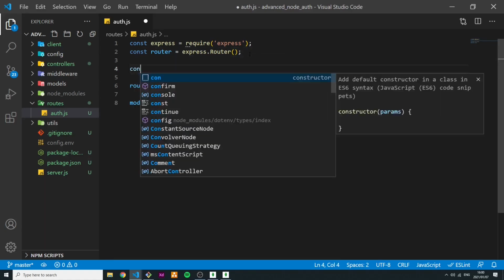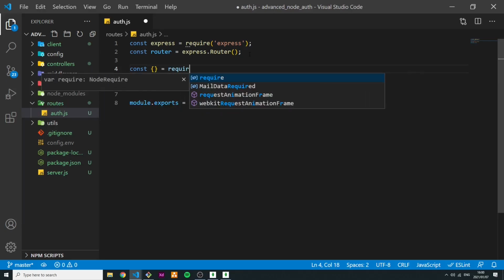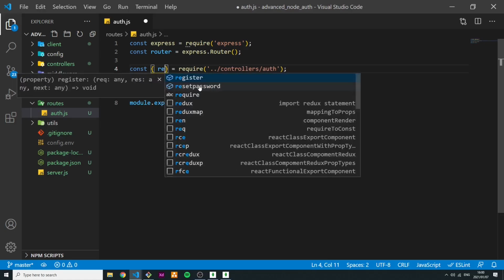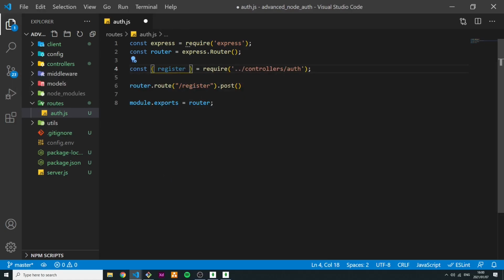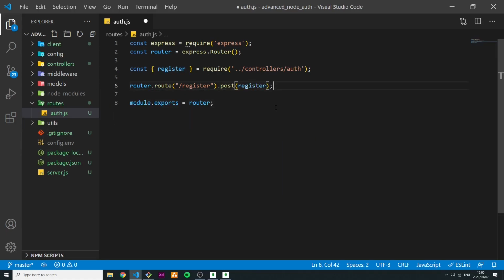So let's import that. We can say const, and then we're going to destructure from the require. And here we're going to require inside of the controllers, the auth file. And here we want to bring in the register function. So now we can pass in here the register function. So if we hit this route, and it's a post request, we will run the register